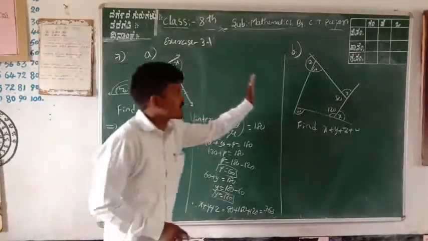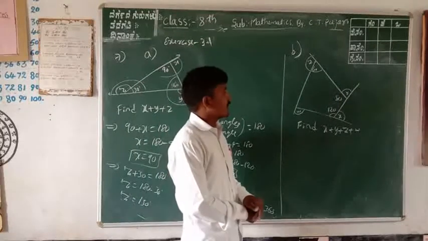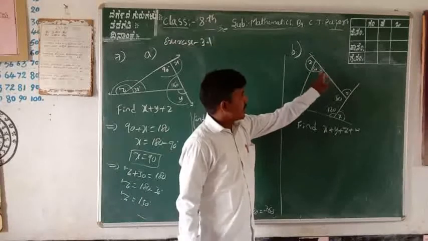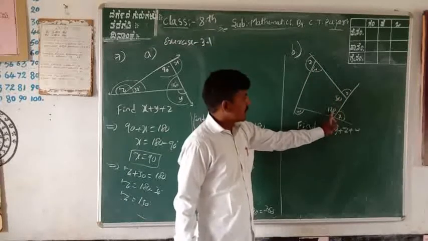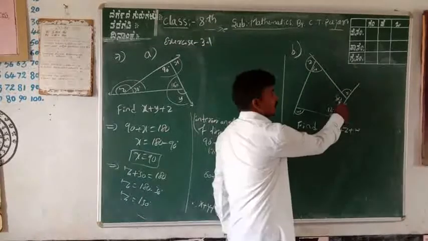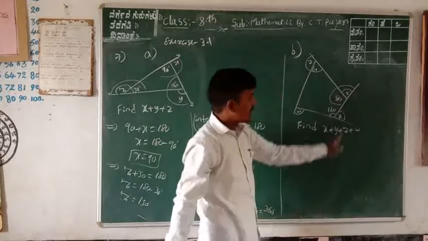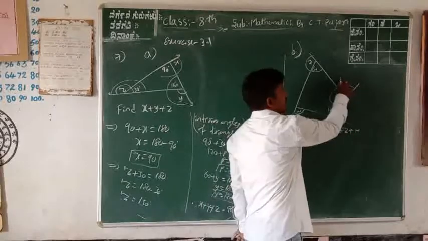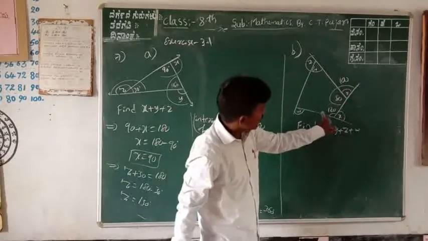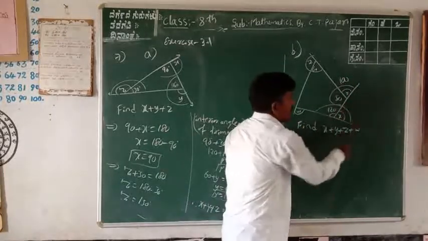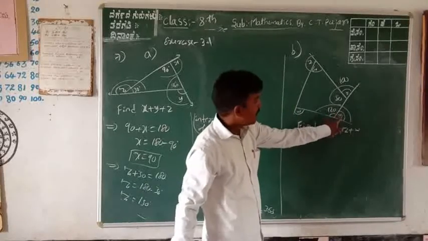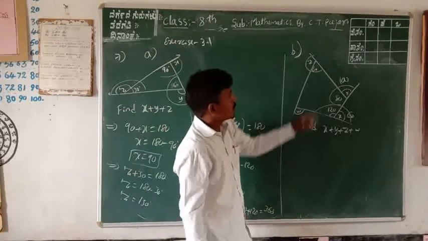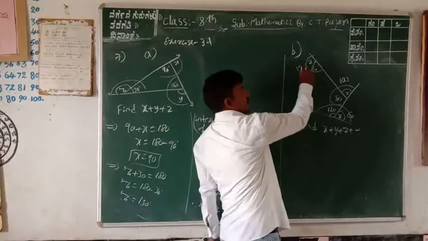Again, the same as this, you can find out in the same way. One angle is given, this angle is also given, this angle is also given. These two are a linear pair. One angle is 80, another angle is what? 100. Next, the linear pair of these two: one angle is 120, but this angle is only 60. Next, the linear pair of these two: 60 is this, and this is 120.